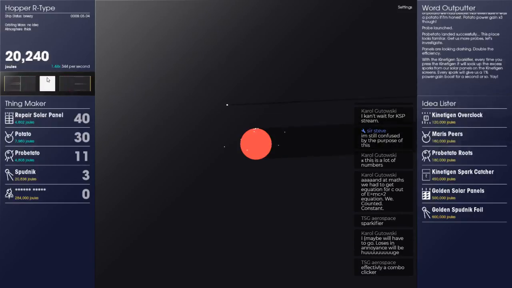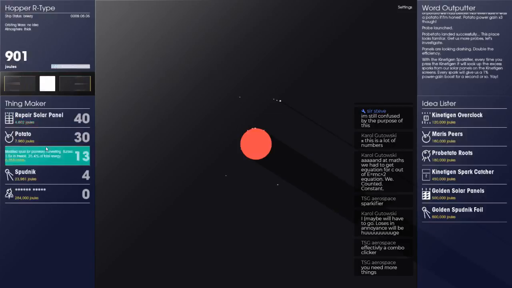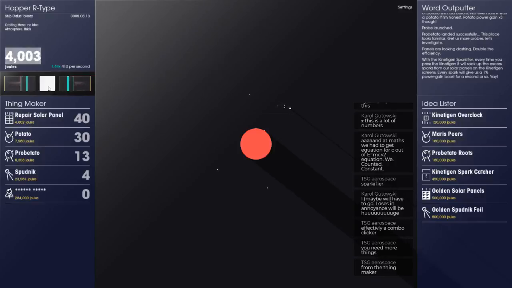Effectively a combo clicker. Yeah, nice. Ooh, I got a big number there. It was like 550 something. I can't go any faster than that. I'm trying. Alright, let's try another one of those and another one of those and just kind of spend the points down. You need more things. Yeah, I'm in the middle of building a lot more things. We've got lots of those going down from the thing maker. I'd like to get down to these ones, but obviously these things are pretty expensive at this point.